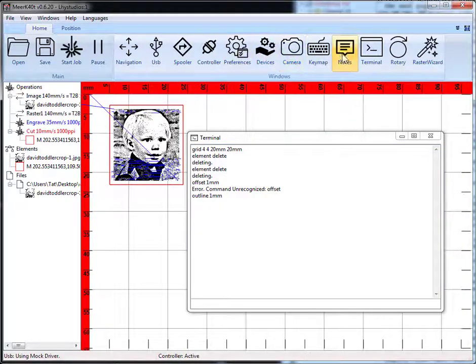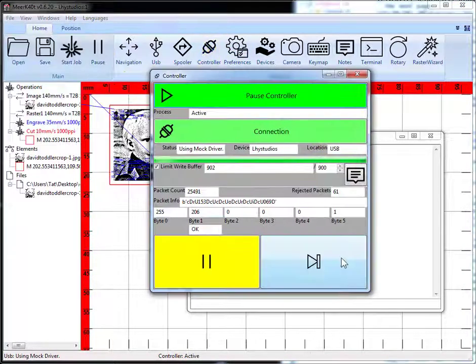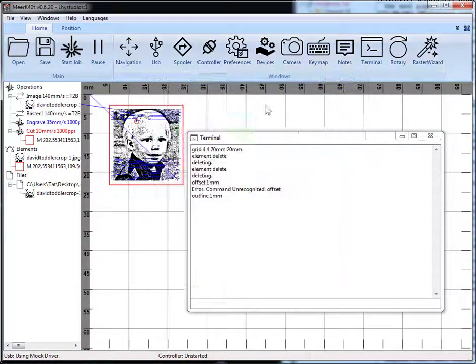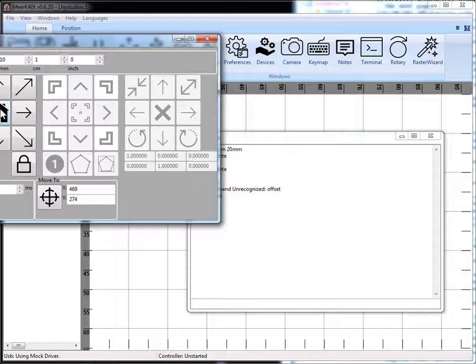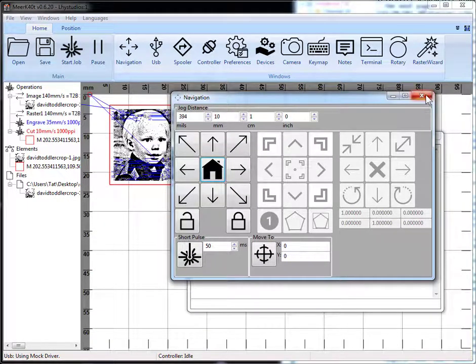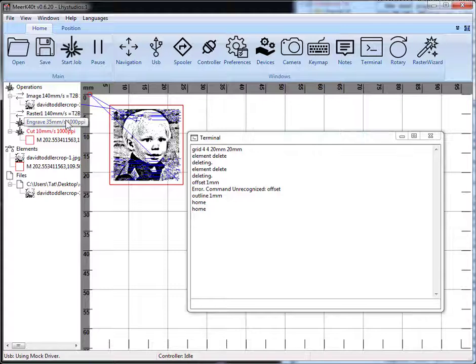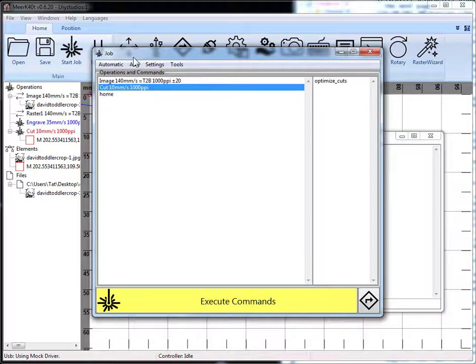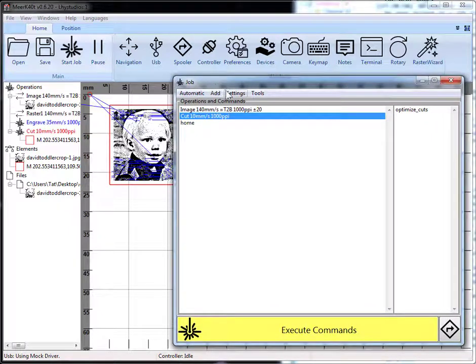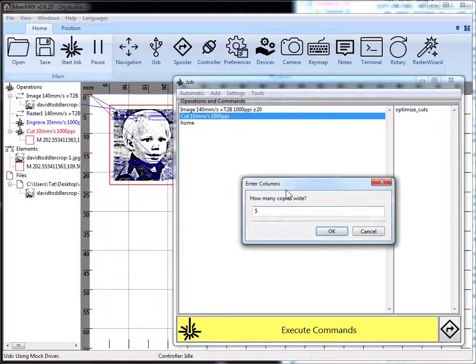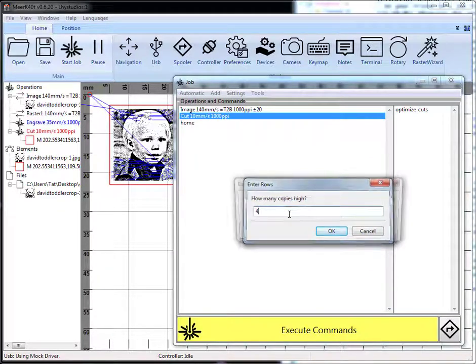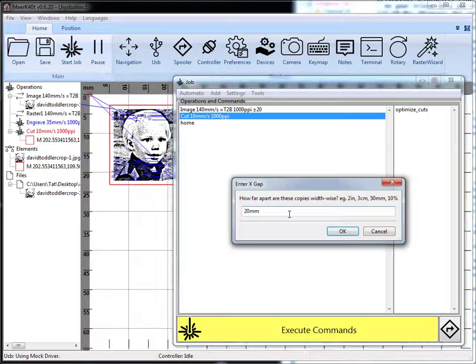While this is running here, let's go ahead and go into my controller. Let's go ahead and kill this. Yeah. Go ahead and kill everything. Navigator, let's go ahead and home. Okay. Now the reason why step offset matters more than the other way of doing it is when we say start job here, we have image and cut as our two operations. So what we're doing is we're doing step repeat. So let's go ahead and do our things with 4. We were doing 20 millimeter,